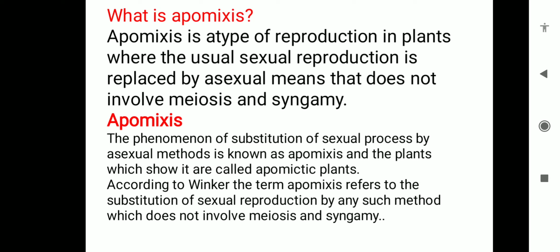A few flowering plants such as some species of the Asteraceae and grasses have evolved a special mechanism. Beta, very important line, a very special mechanism opted by Asteraceae members and grasses that they produce the seeds without fertilization. बिना फर्टिलाइजेशन के सीड्स का फॉर्मेशन होना. अभी इससे पहले आज ही के आपने इसमें टॉपिक में पढ़ा है फॉर्मेशन ऑफ फ्रूट विदाउट फर्टिलाइजेशन कॉल्ड एज पार्थिनोकार्पी. बट नाउ आई एम टॉकिंग अबाउट फॉर्मेशन ऑफ सीड without fertilization is called as apomixis.